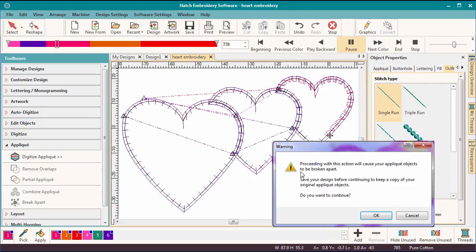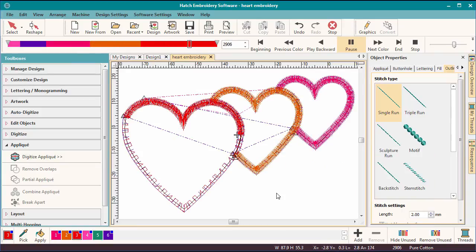Remember, this will remove the applique properties. So my recommendation is to save your EMB file first and only use this feature when you're about to send to your